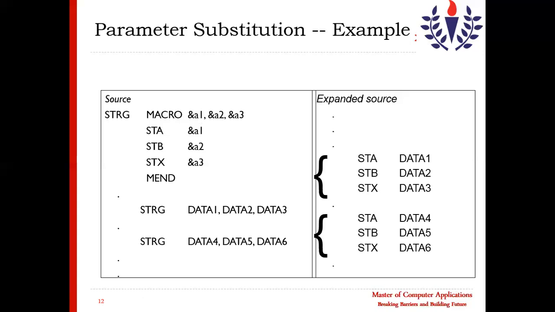This is called keyword arguments or parameters. This allows a reference to dummy arguments by name as well as by position. Data 1 will be given to A1 based on position, but I am also defining the argument; I am not only defining their position.